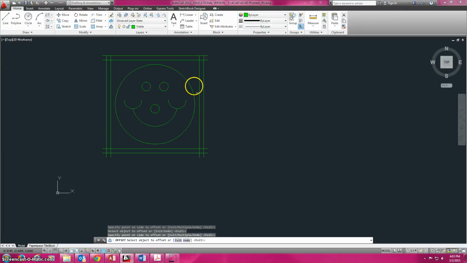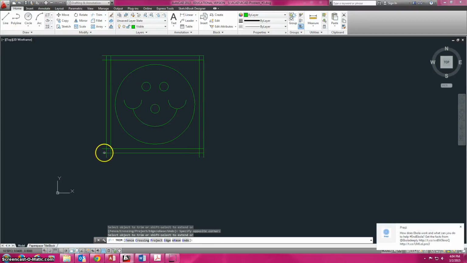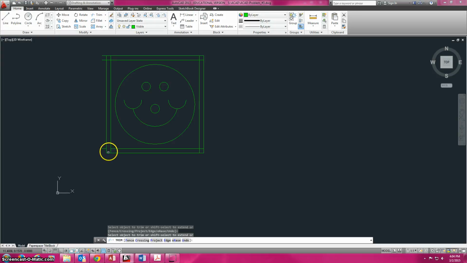Okay, the last thing to do is we want to trim and get rid of the area on the side. So again, that trim command and space bar. See how I was able to draw a window around, and you can pick each one of them individually if you want to. So if you wanted to, you could individually pick these, and I'm purposely doing this wrong to show you something that is quite often done by students, and then they get very frustrated and they start yelling for me for help, and they do this, and here we go, come on,